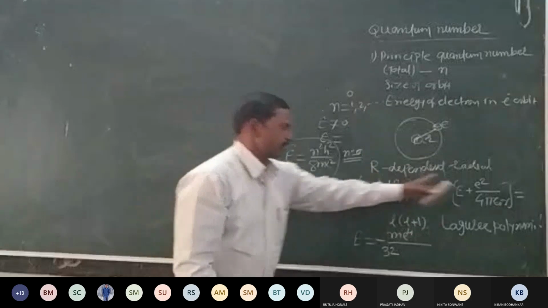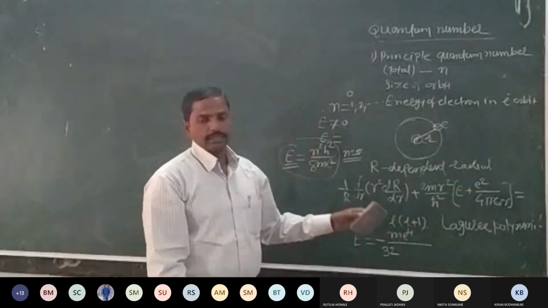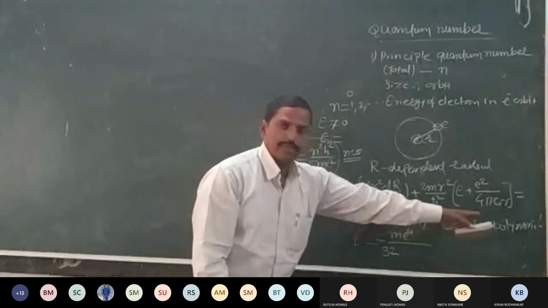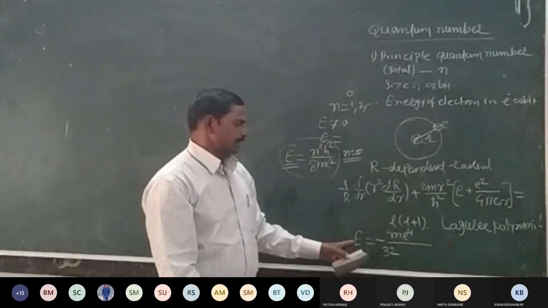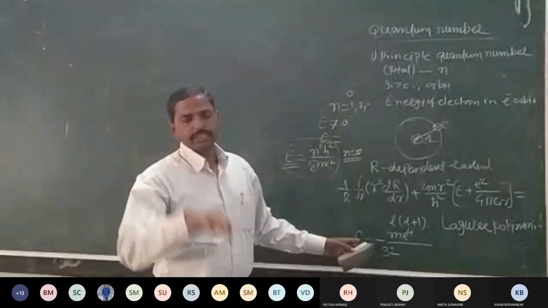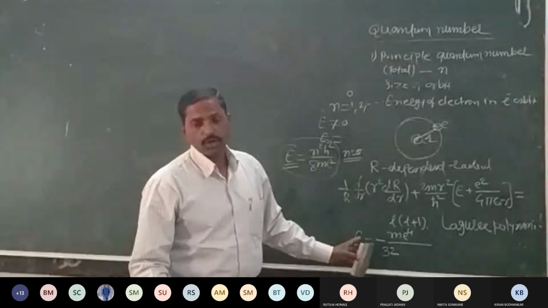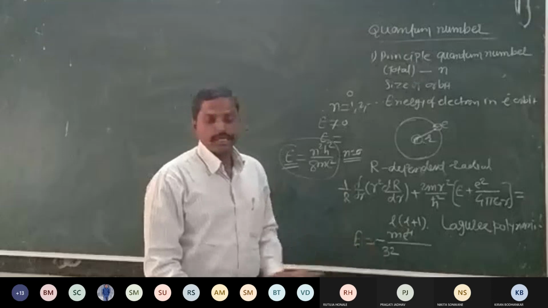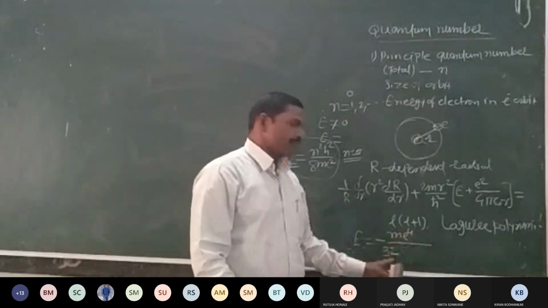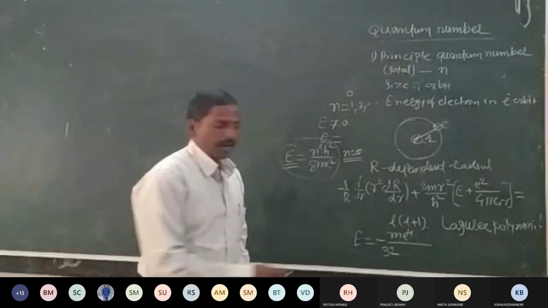By solving this equation by using Lagrange polynomial, we get the value of energy. Those values are positive, but in some special cases, we have to consider the negative values also, and that negative value is me raised to 4 upon 32 pi